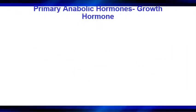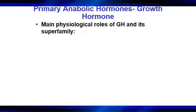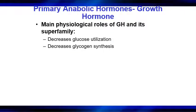Okay, so primary anabolic hormones, growth hormones, again, main physiological roles of growth hormone and its superfamily or its associated properties. Decrease glucose utilization, so it's actually going to increase glucose levels. It does act as an insulin antagonist. Okay, so insulin helps with glucose uptake. Growth hormone is an insulin antagonist. It also helps with increasing the use of fats for energy as well. Decrease in glycogen synthesis,